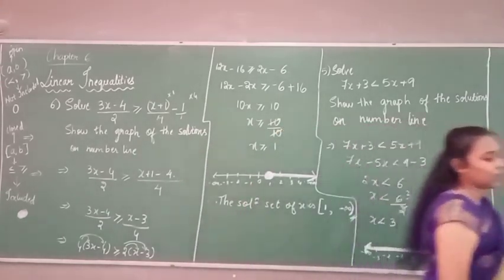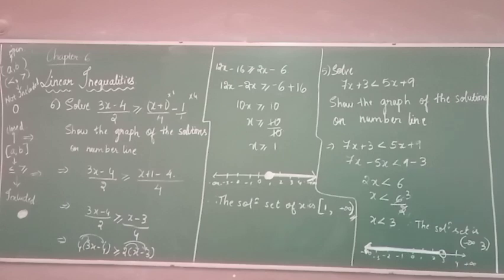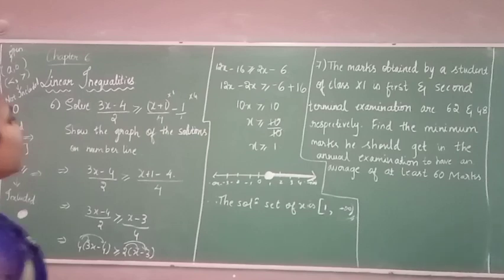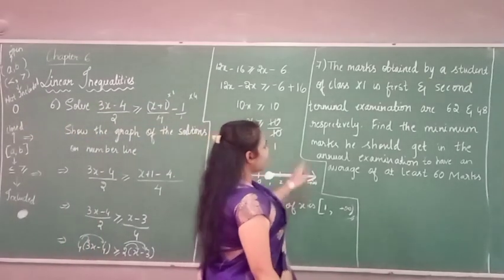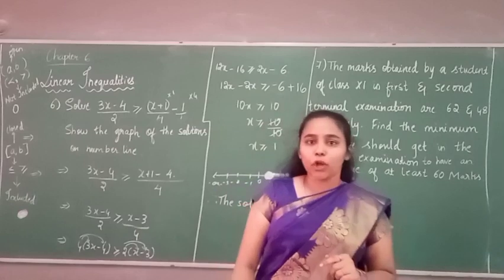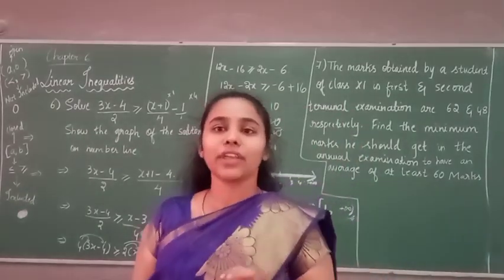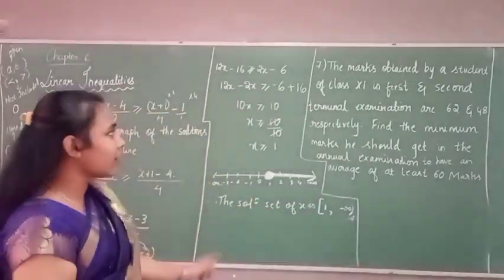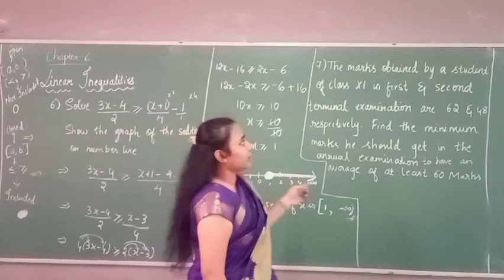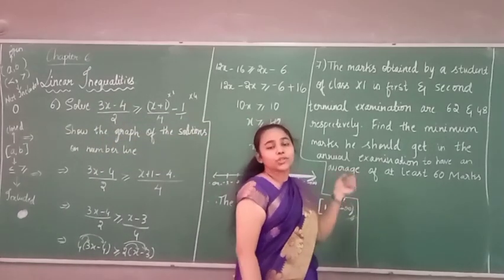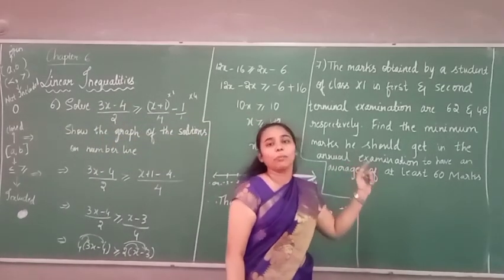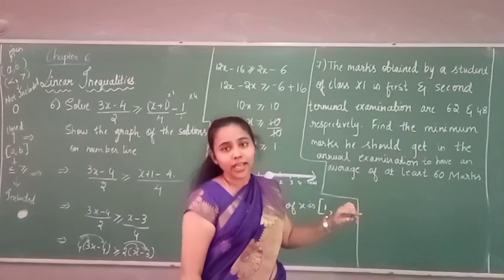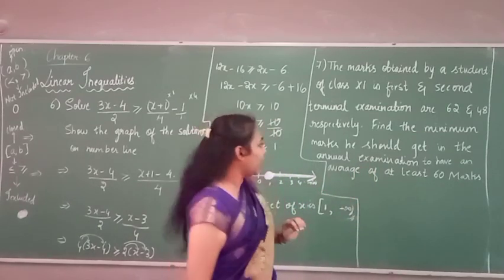Now let us move on with the next solved example, that is 7th one. So I have already written the question of the 7th one. So previous to all the problems, there directly the numericals of the inequalities were given. But here in this condition, it is a statement problem. So we have to convert the statement problem into an inequality, and later we need to solve the inequality.